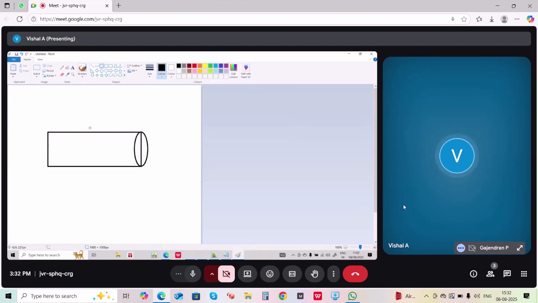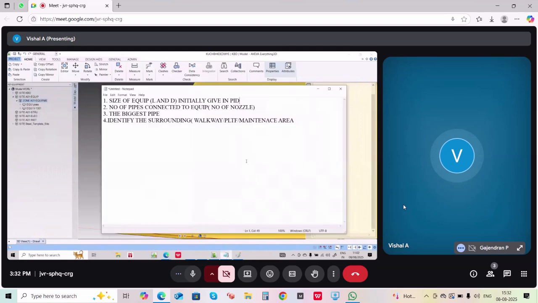Yeah, like this. Okay, and similarly we will have it here also, like this, right? So I know that this is the center line of equipment, and I know that all the nozzles which are in perpendicular up direction, here like this and here like this, correct? You have to provide access to all the nozzles. So the most important thing is that you have to provide,